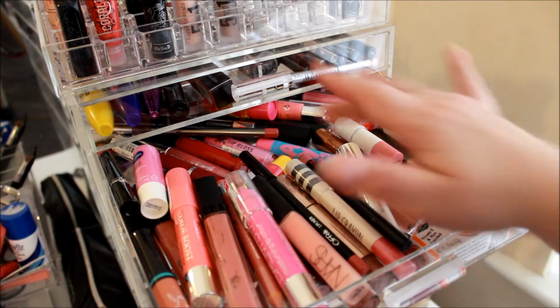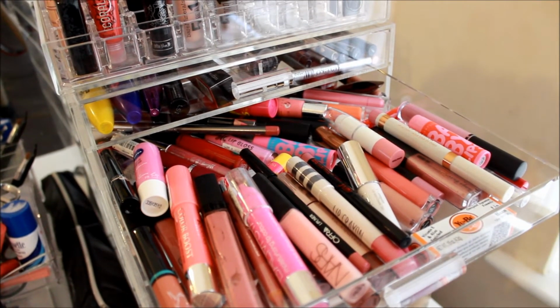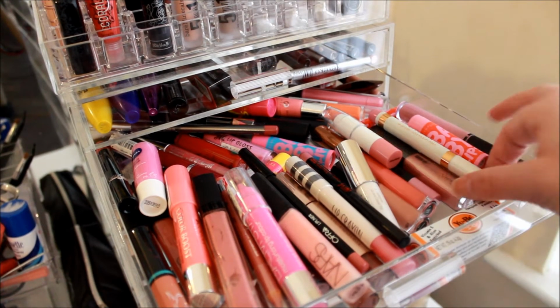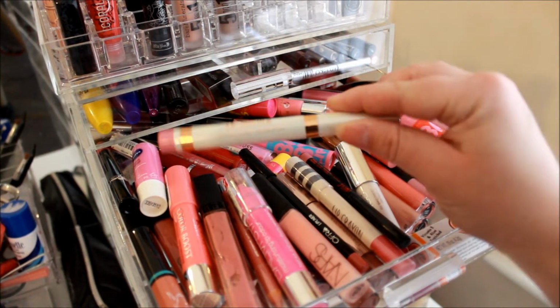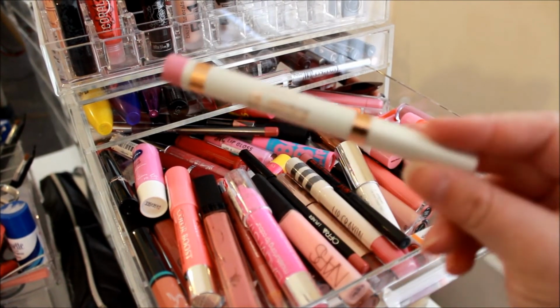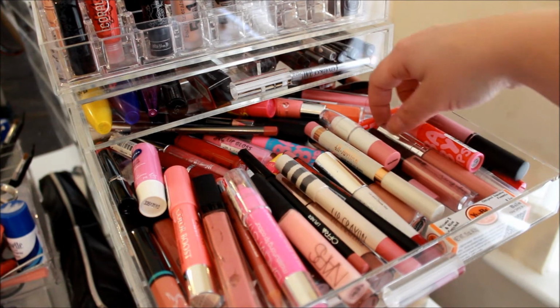I'm just kind of keeping my Maybelline Baby Lips on, just because the weather's changing, my lips are really dry. So this is like my unloved drawer at the moment. I've got a Kardashian joystick. I didn't like this. It was a really nice colour, but it dries on your lips. Tanya Burr,